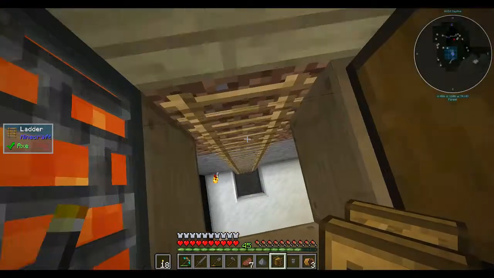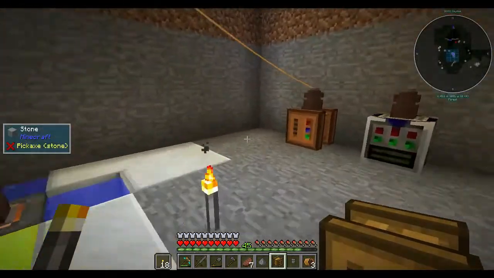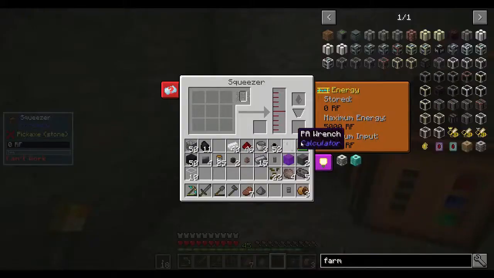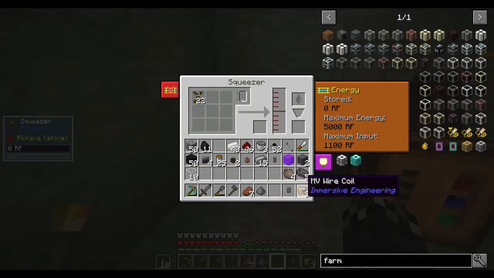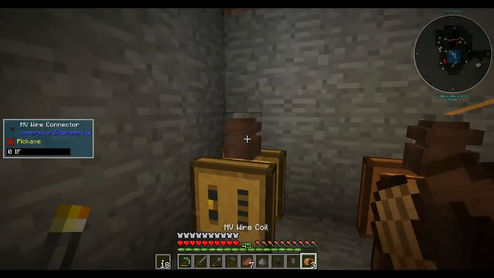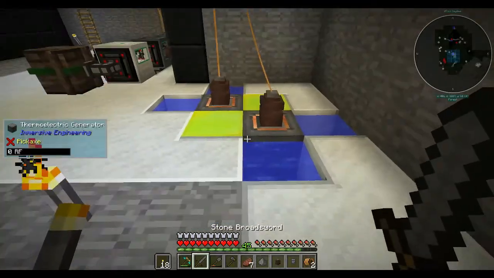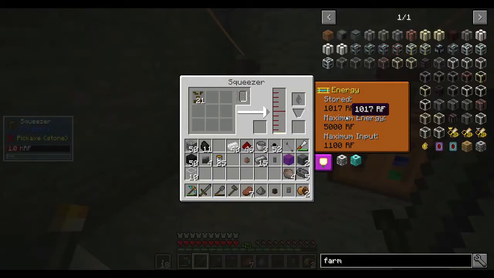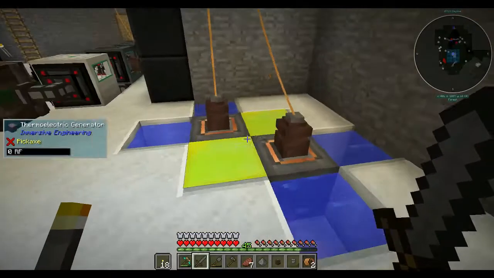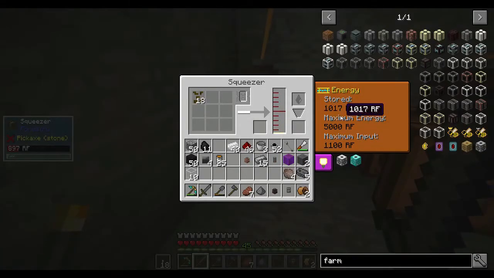So one of the next ages is going to require us to have seed oil. So I'm just going to plonk him down here. You can have that. I'm going to put an MV wire connector on top. I'm going to connect up a cable. And it is, as I said, just passive. It's probably going to chew through power that I really don't have, but wow, that uses a lot of